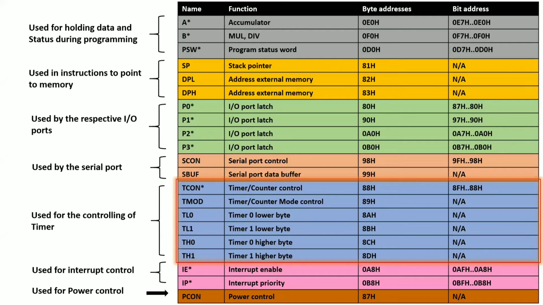Okay. The next one is your interrupt registers. I'm sure you know that there are interrupts in your 8051 microcontroller. There are internal interrupts and there are external interrupts. Now sometimes you want to enable the interrupts, sometimes you want to disable the interrupts. How to do that? With the help of one register, called the interrupt enable register, IE. Okay, and suppose there are four interrupts, take an example, there are three interrupts.